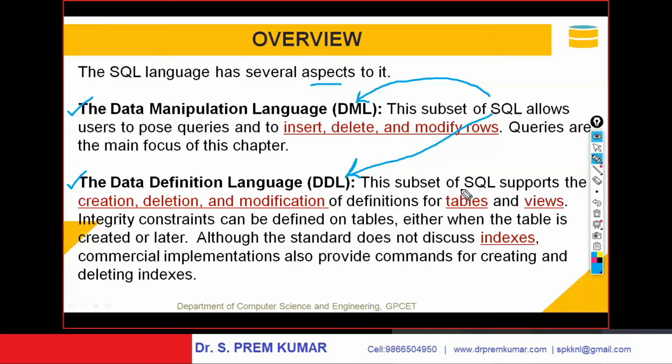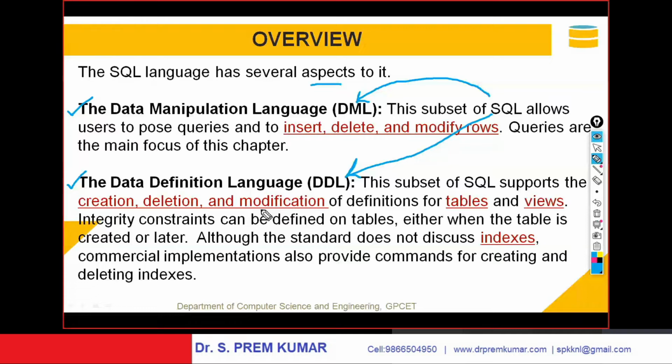Once the structure is created, then into that structure I can store the instance, that is the data can be inserted. In order to create the tables, create the views, delete the tables or views, or alter, that is modify the tables,